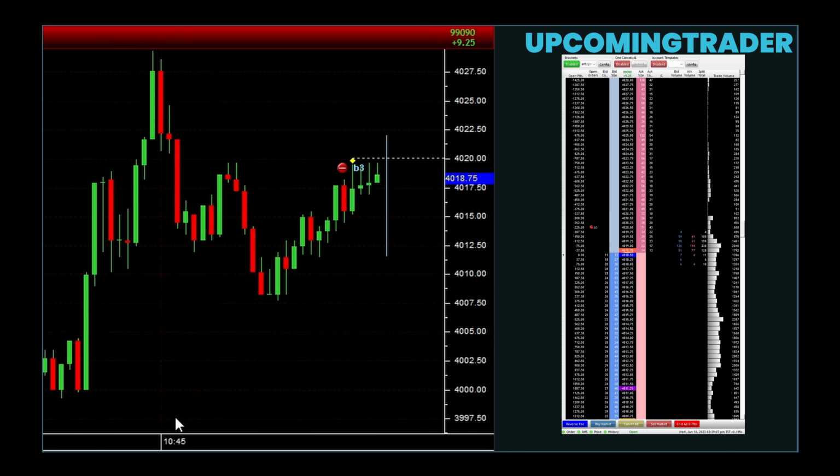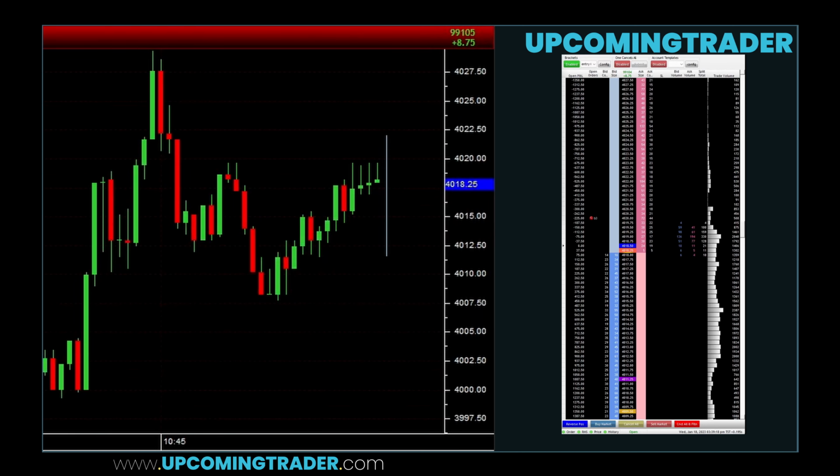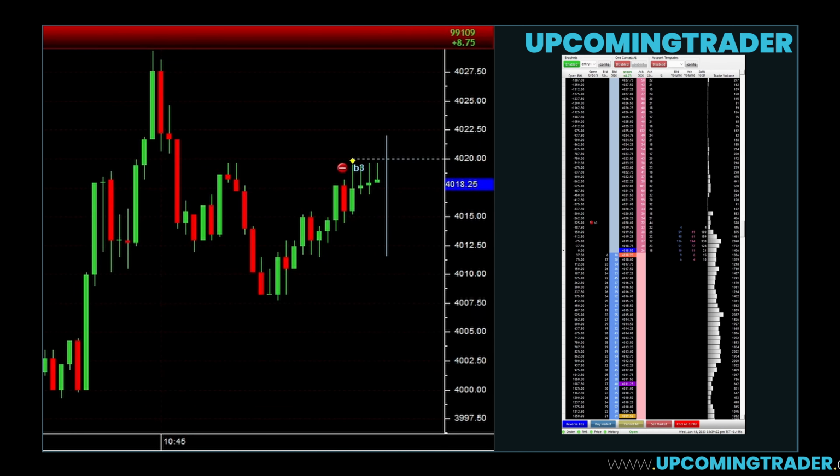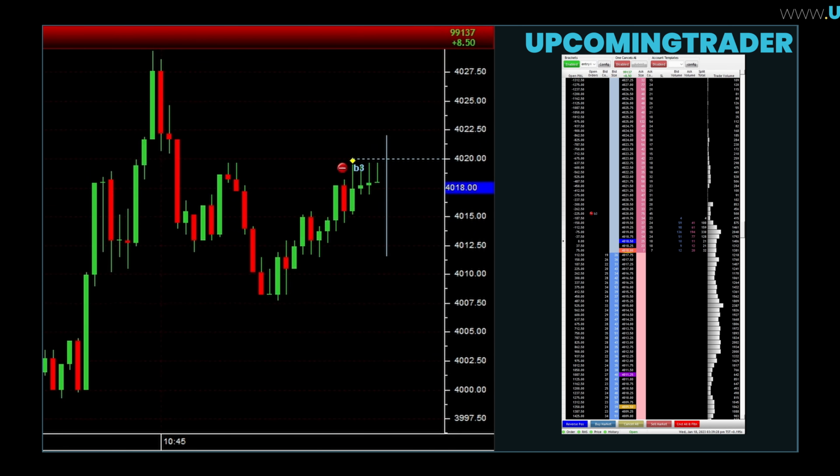However, if price breaks above or below this initial balance, it often means a bigger move is coming, and traders use these breakouts to identify potential trend days. Additionally, the initial balance can act as support or resistance. If price returns to this range later in the session, it may either bounce off or break through, giving clues